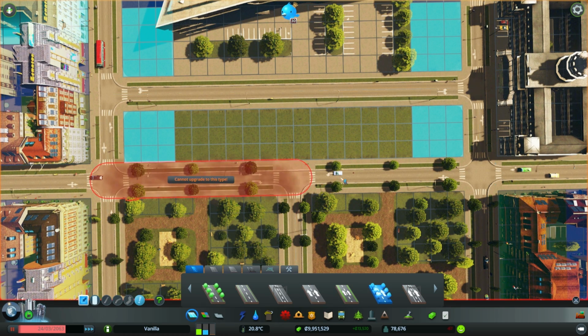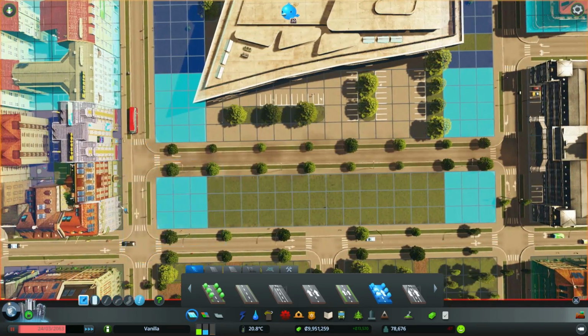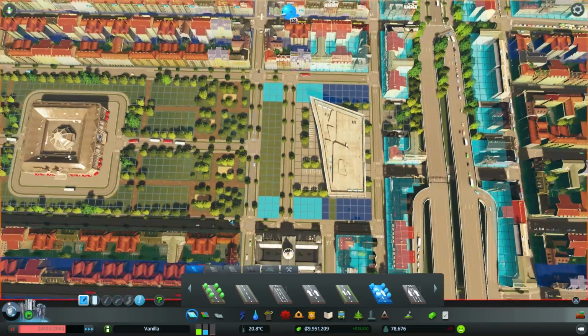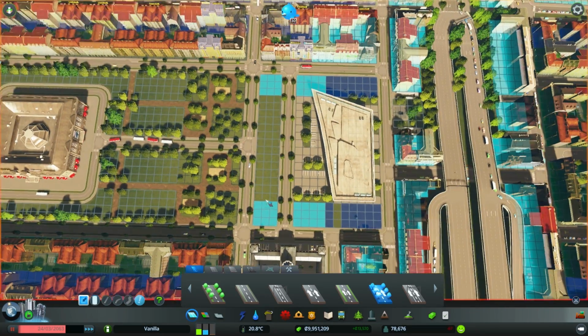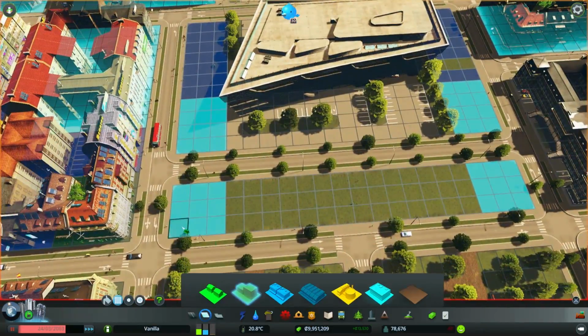Which I guess I could turn into a one-way series of roads. Let's do one way going that way and that way. Then that way. Then that way and that way. So to get over here, traffic sort of has to go in front of the library. But that is sort of just a little one-way section for traffic to flow, I guess. It's weird, I know, but...